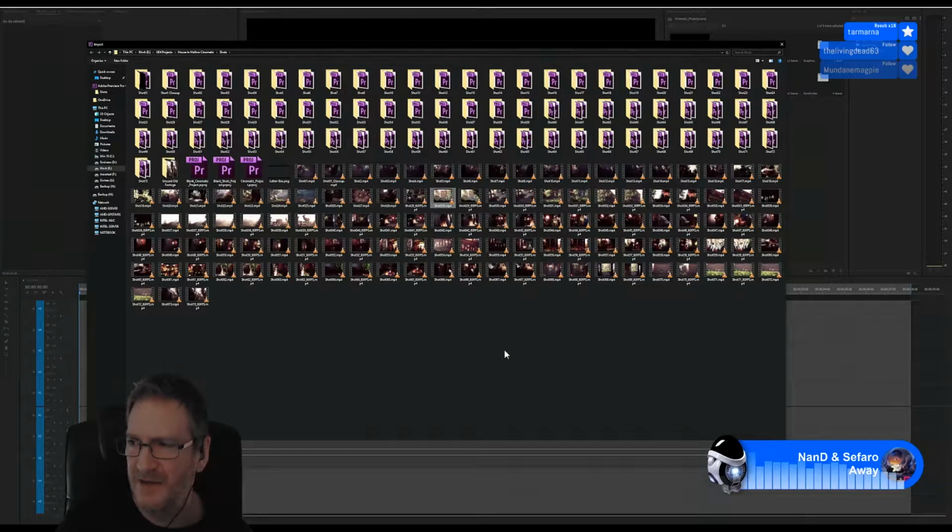Smurfberry says, this is the part where a good naming convention makes everything better. That's exactly right. That's why we want to make sure when we're doing video editing or any sort of editing, it helps with everything. If everything is nice and organized for you at the beginning, it's going to make your life 100 times easier when you're halfway into the project. Trust me. Just like naming your Photoshop layers is really important because it helps if you need to change anything, making sure you're organized when you do your video editing is also really important. It will save you a lot of time in the long run and make your workflow much easier.